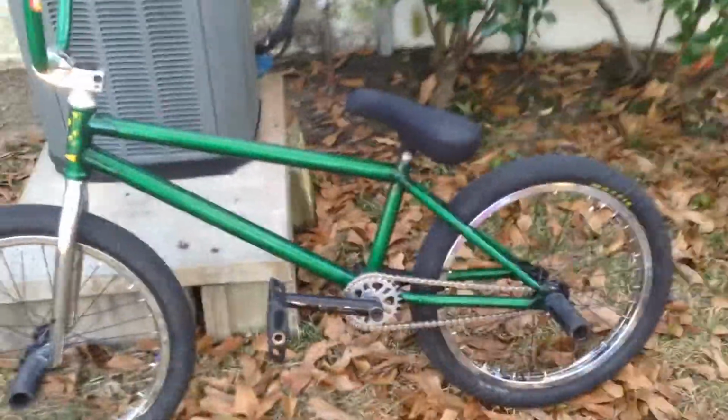Moving on down, got the BTM trans green frame. Looking good. Alright, we got us a BSD slinger seat. Had that seat for a long time. BSD seat post. Coming on down, we got the Tree